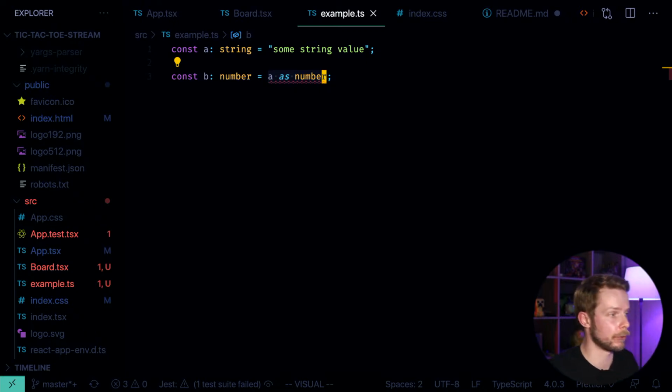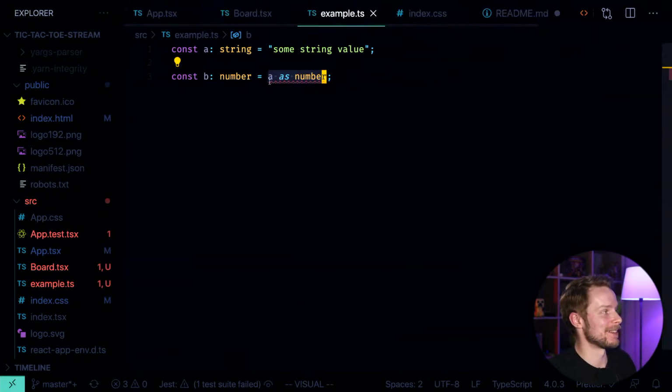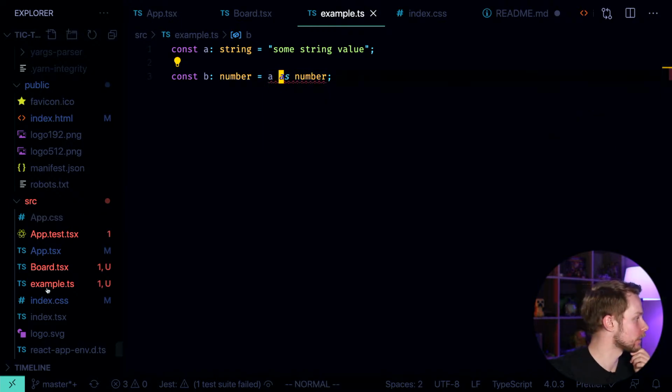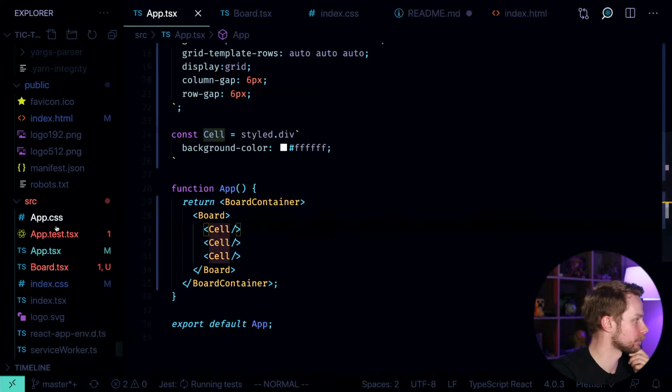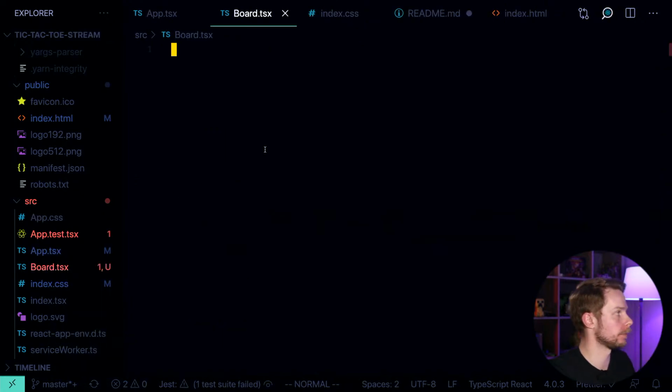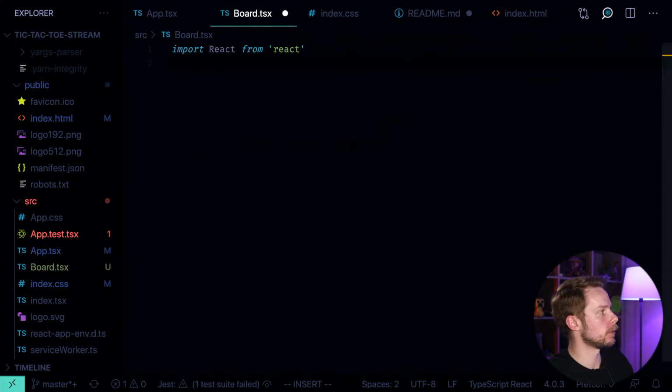But overall, if you use the code inside of your application, of course you shouldn't do these kind of bold statements. String as a number, of course you never do this. Let's remove the example.ts. I think we're done with typecasting, and we can define the board. We are still required to import React from React. I said that, like in the beginning,